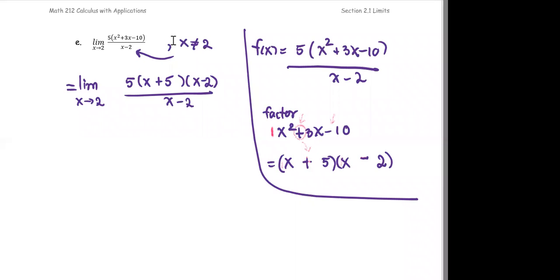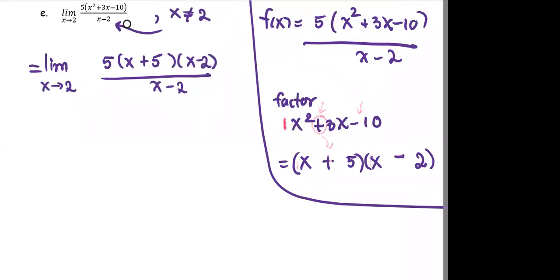Even though x cannot be 2, x can approach 2 from the left and from the right side. Okay, so for the number 2 on the real number line, you can come from the left, you can come from the right, without touching right at 2. We're going to see the trend of the function from both directions of the function graph. Now, after we are done factoring, you should always see the